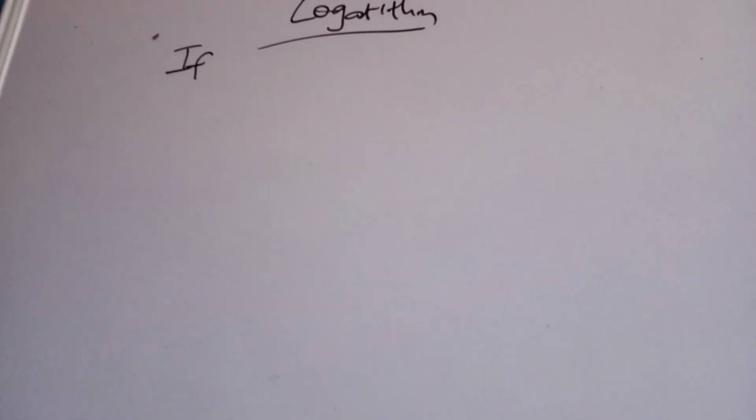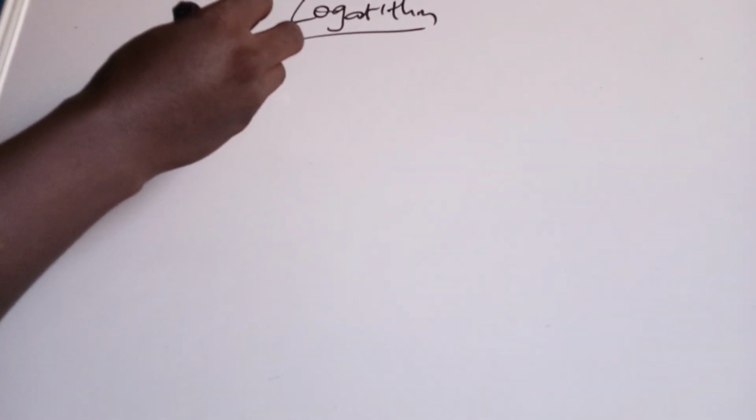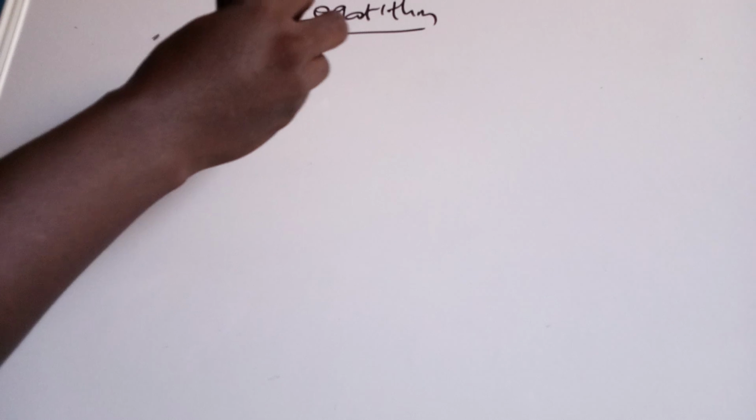Today we'll be looking at a problem under logarithm. So the problem says, if log of 2x to base 4 equals -1,